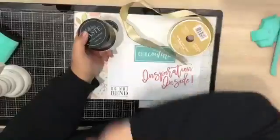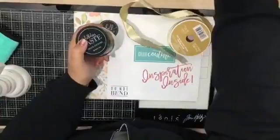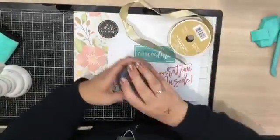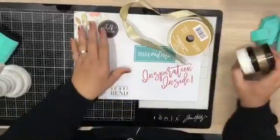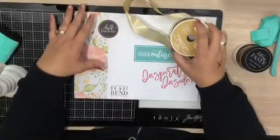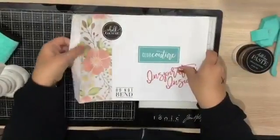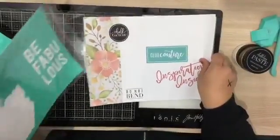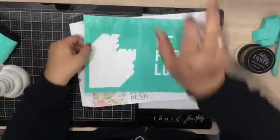Hi Jana, welcome. Okay, so let me show you. We will pop down here for a minute and get my comments up there. Okay, so we're gonna use gold and white on this particular transfer, and I've got a little gold ribbon that we're gonna use. And let's pull out the Be Fabulous. Okay, so we are gonna use the Be Fabulous